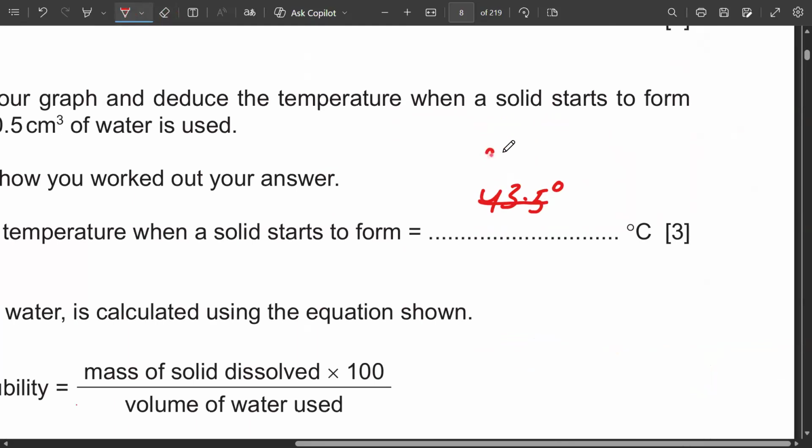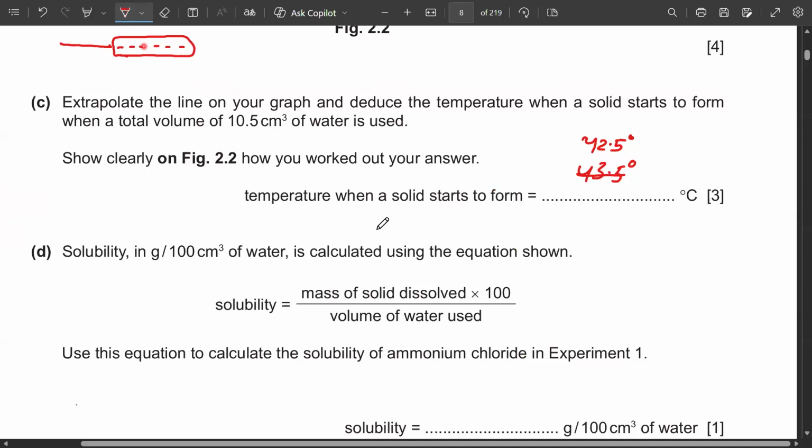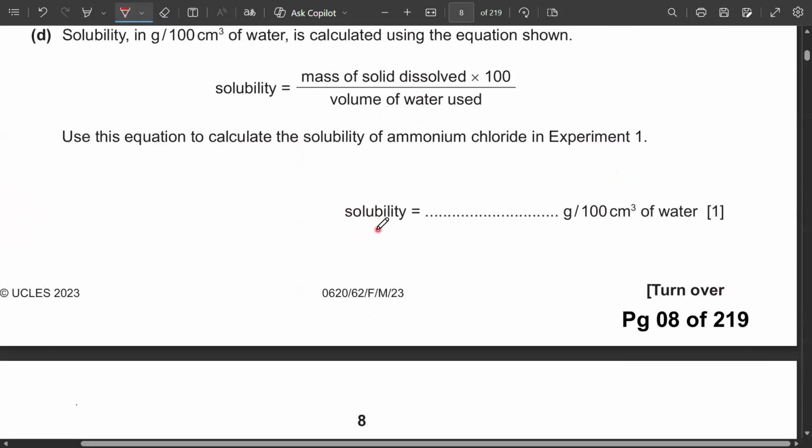I'm not getting the same value again, all because I'm doing it with my hand. Is it clear now? Yes, thank you. That's clear. No problem. And then the next part,